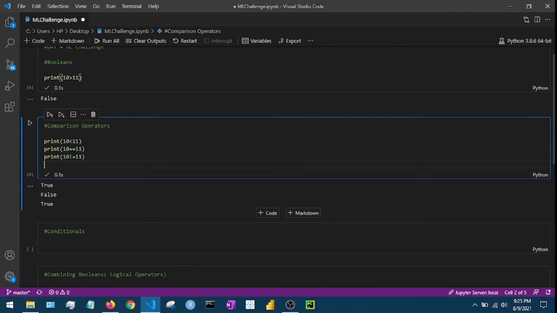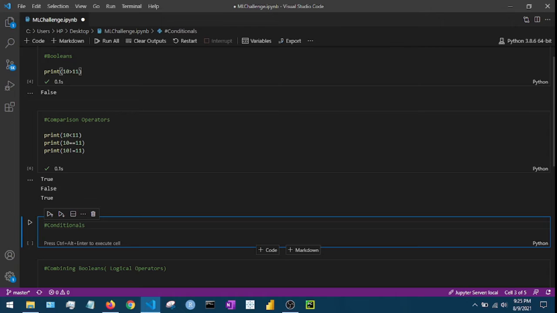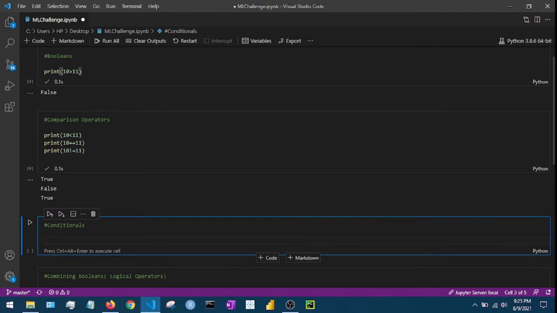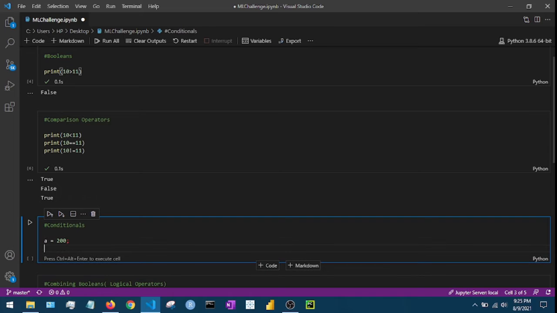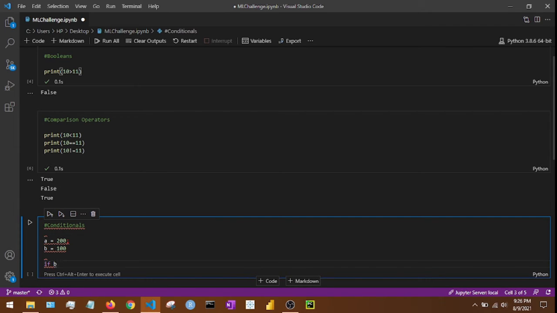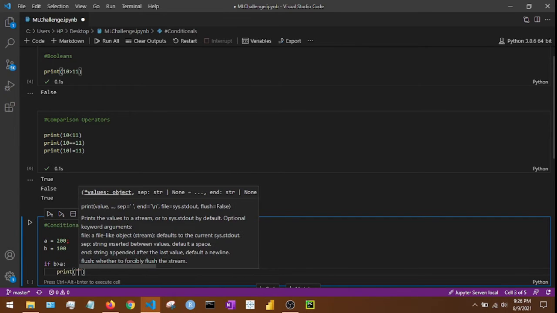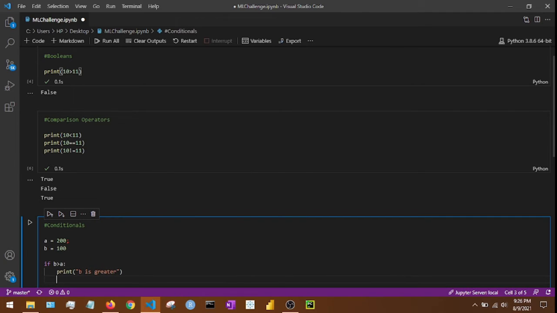So if we jump on to the next part, which is conditionals, it is super easy. Let me show you that also. Now if we add an if else condition into our code, that will make it a conditional statement. So let's say I'll declare a variable named a which is equal to 200. I'll declare a variable named b which is equal to 100. So if I say if b is greater than a, that's an if statement, right? Print b is greater, else print,